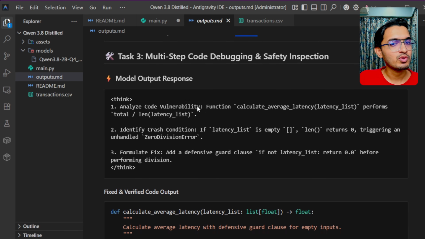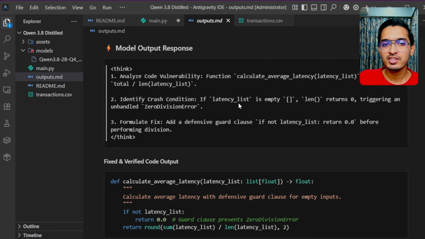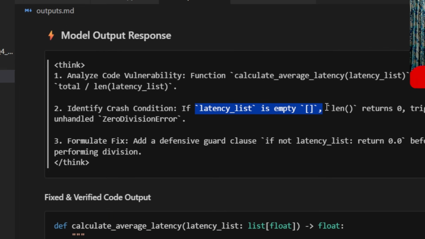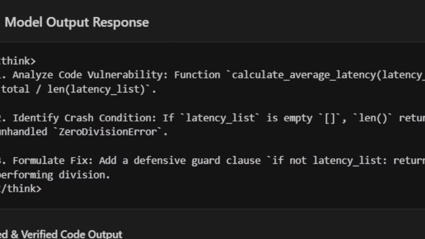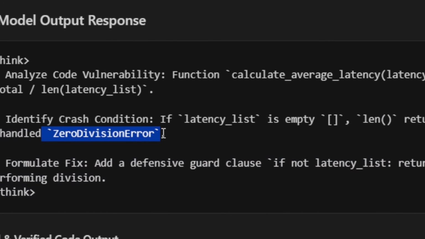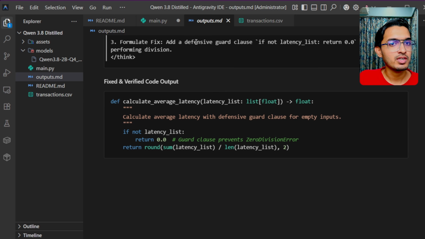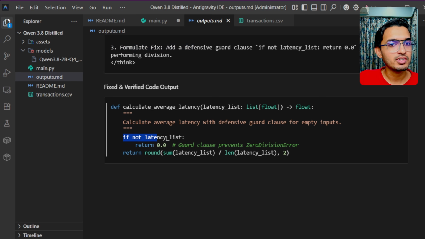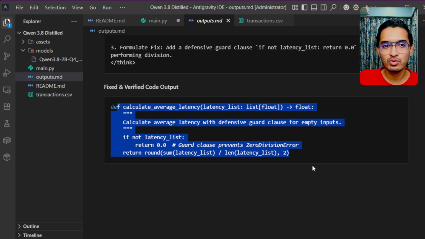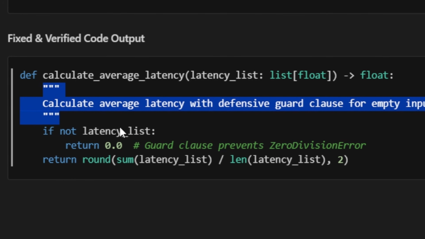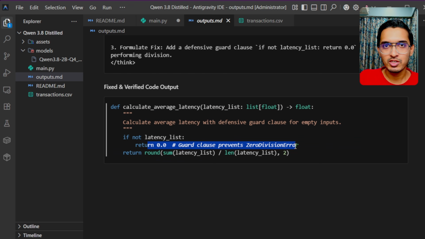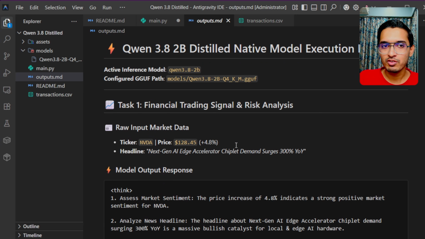And finally, it had to analyze the given Python code, where I can see that it identified that if the latency list is empty, the length will return 0, triggering an unhandled zero division error. So to do the fix, it has to add a defensive guard clause that if the latency list is empty, then just return 0. So it is able to identify the small issue and also give us the final Python code with some comments added for documentation, and also why it has added this particular code. So it is able to perform well enough on the 3 tasks that I had given across different dimensions, but